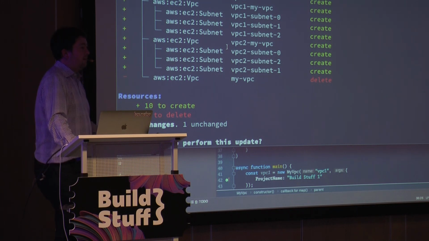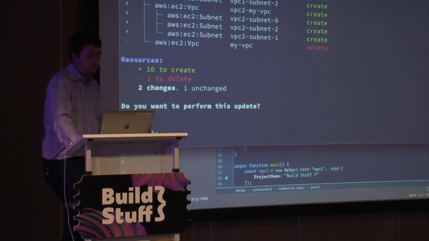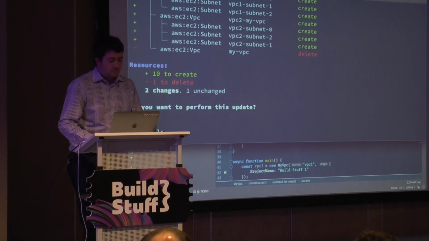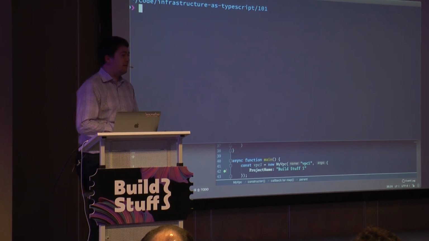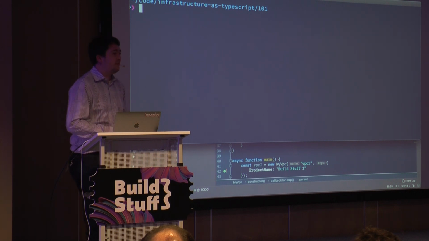Now a lot of tools allow you to do this with other sort of techniques. So Terraform has modules, CloudFormation has includes. Something that you'll find is not possible to do with most systems is package up and easily distribute different pieces of standard infrastructure.